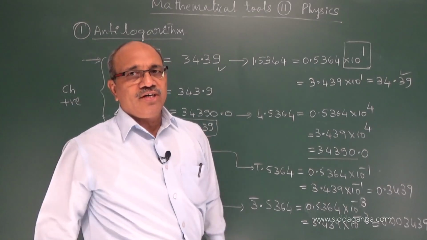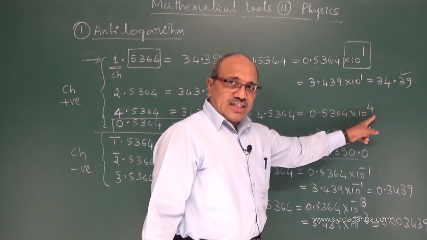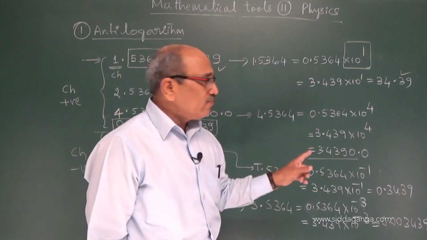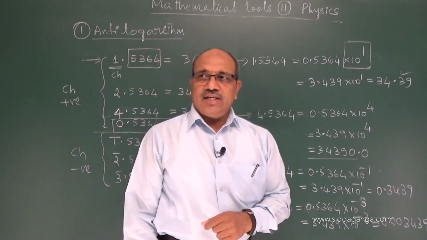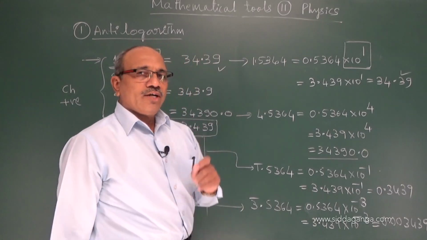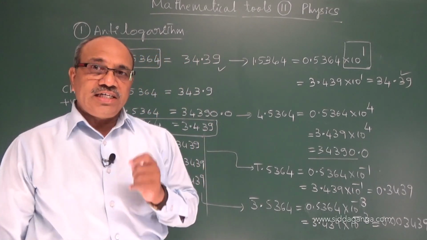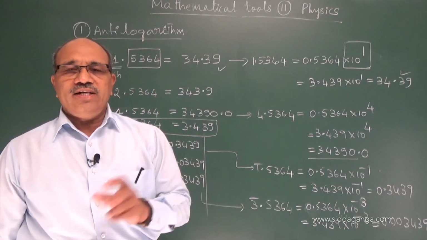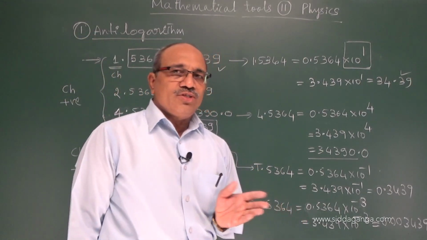Shifting of the decimal point according to the power. For a positive power, as many digits as the power, that many digits you have to push the decimal point forward. If it is negative, you have to push the decimal point towards the left side. I hope you understood the use of the logarithm table and finding the characteristics in log finding first, and then after simplification we have to bring it back to the original form.